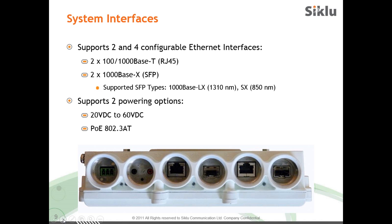The product that has only 2 interfaces is the TDD product. Those interfaces are combo interfaces, meaning that there are 2 dedicated Ethernet ports, but you can choose either copper or fiber per interface. Default is copper, but you can easily configure it to fiber and have your fiber connection to the TDD product. While looking into those interfaces, this is the